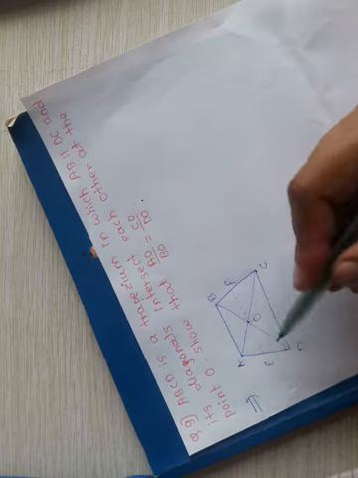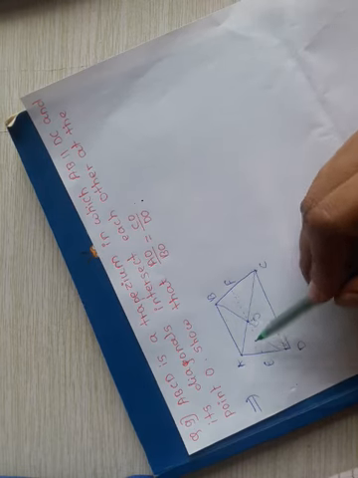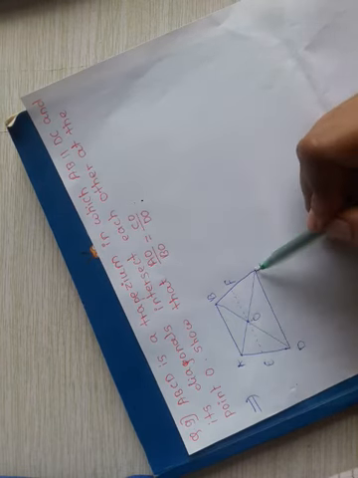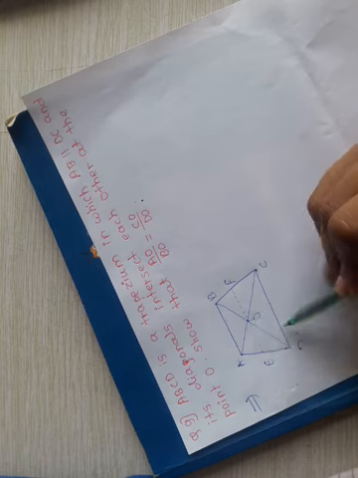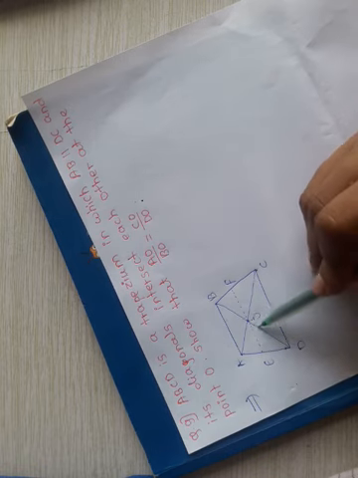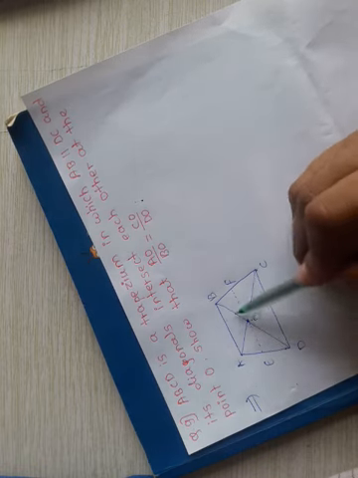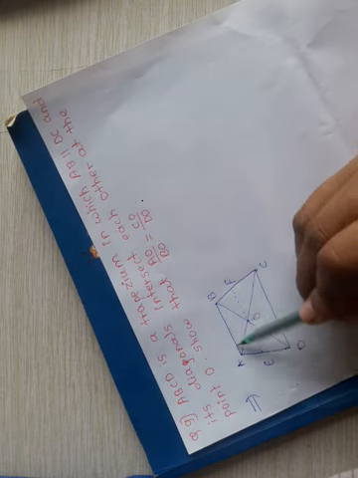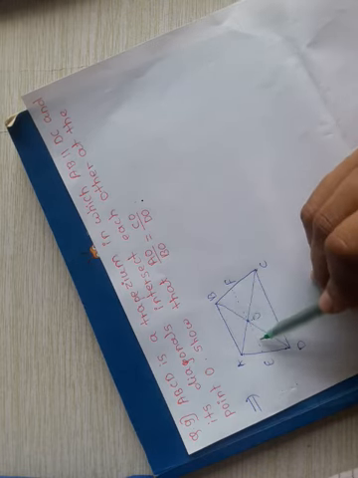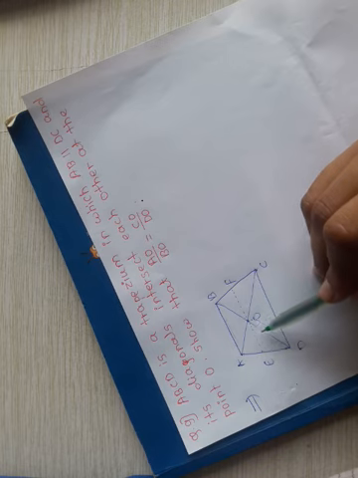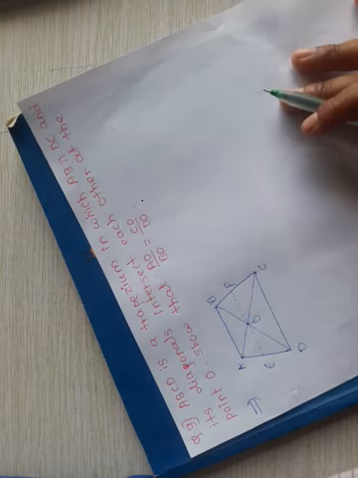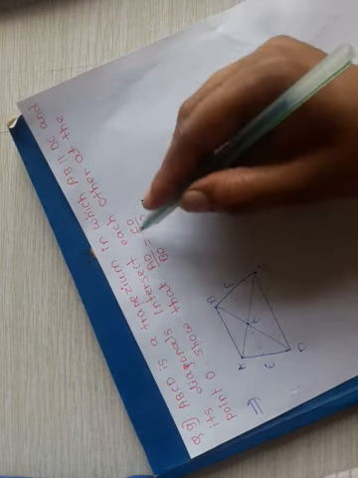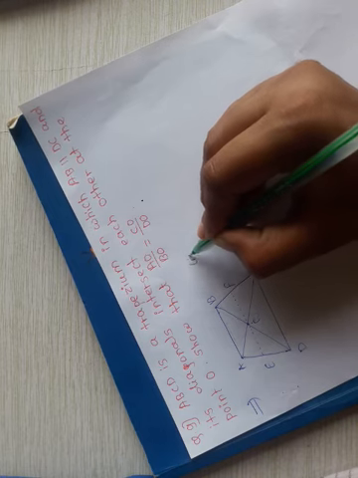Now how can we prove it? Take the triangle ADC in which EO is parallel to DC, and take the triangle ADB in which EO is again parallel to AB. By taking this construction, take two triangles and use the basic proportionality theorem in them, and we can prove the theorem statement. So write down all the given things.